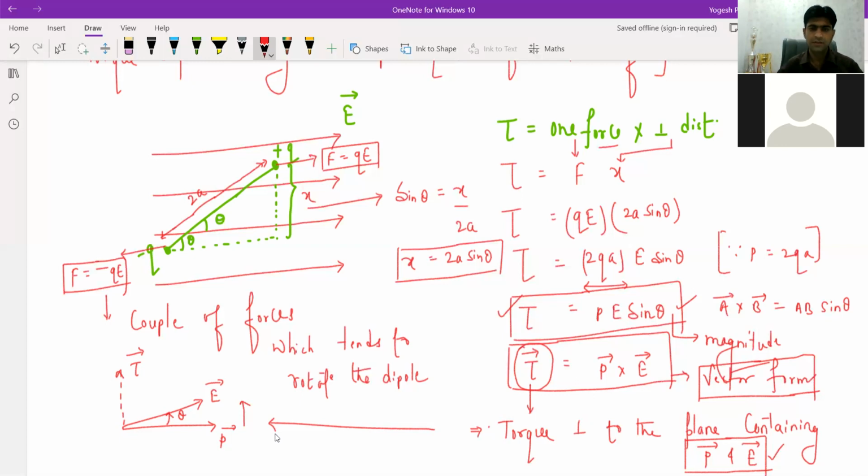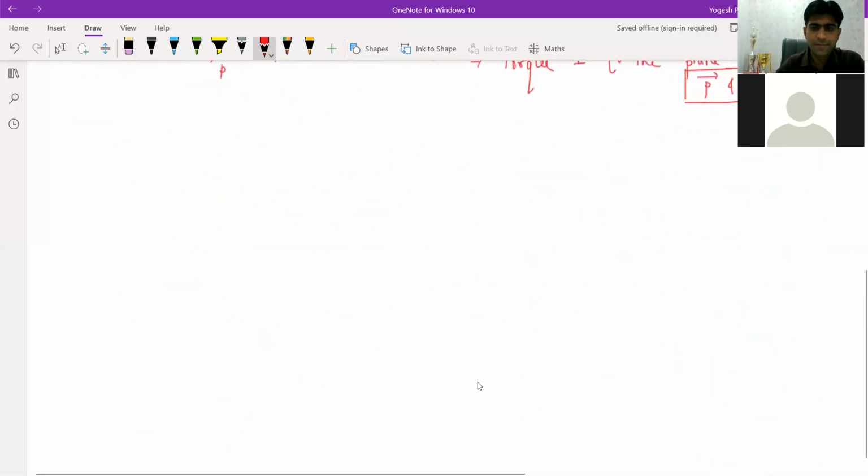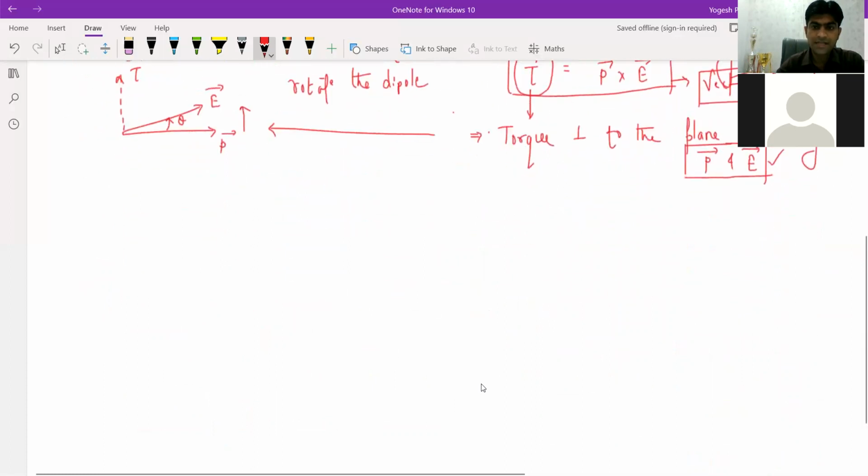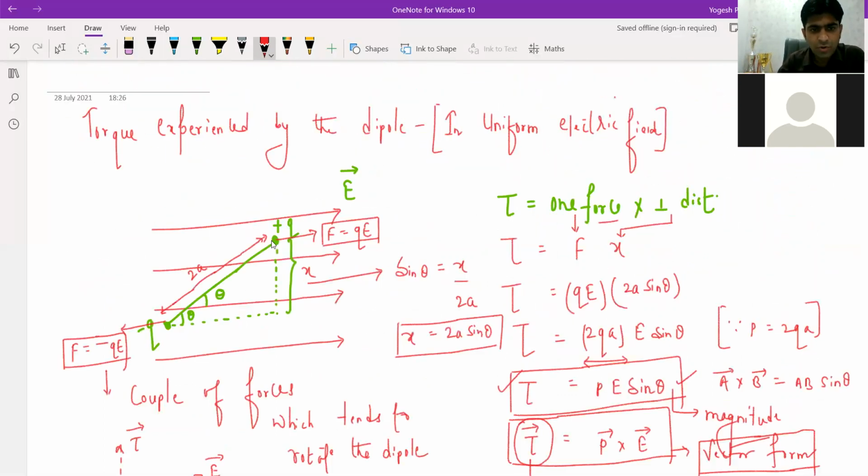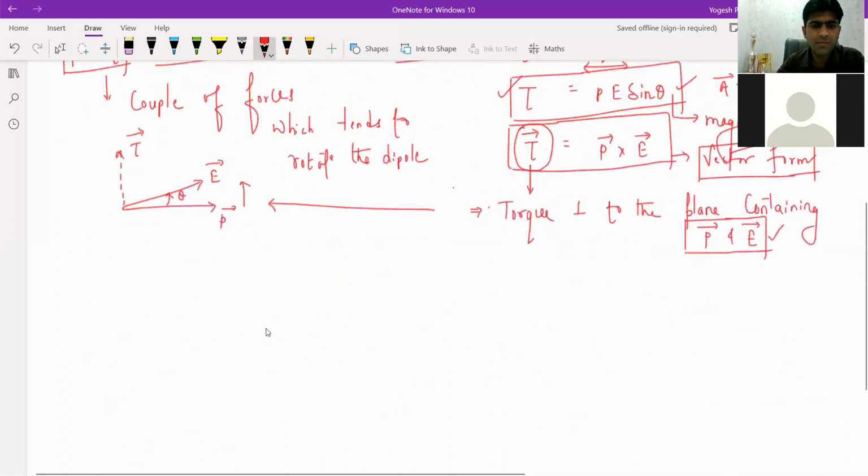No, sir. Now, if you proceed towards the maximum and minimum torque, okay. So if we talk about this theta, this electric field will tend to rotate this dipole in this direction. This P vector will try to align along the electric field, and this Q vector will tend to align opposite to the direction of electric field. And there comes the concept of stable and unstable equilibrium, but that we'll discuss in the next class only. Today we'll discuss about the maximum and minimum torque.